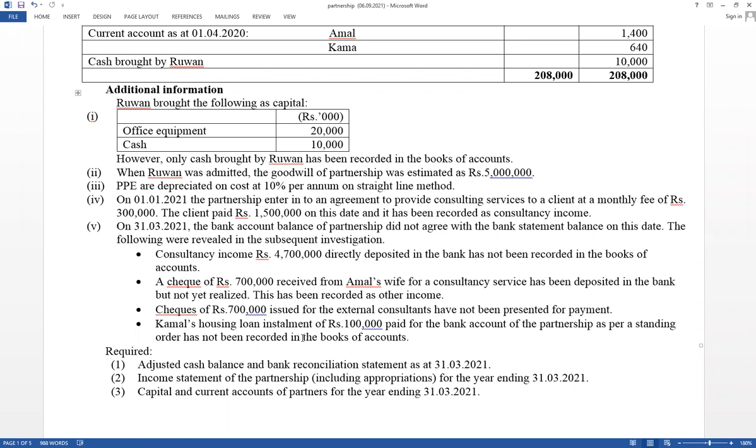Service business they provided service and bank reconciliation available all the business organization. Debtors and creditors reconciliation available all the business organization. Therefore sometimes they ask financial statement together with bank reconciliation, financial statement together with manufacturing accounts, financial statement together with error correction, financial statement together with bank reconciliation, debtors and creditors reconciliation.